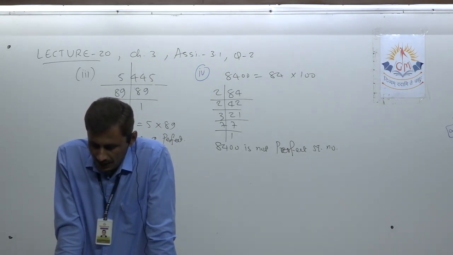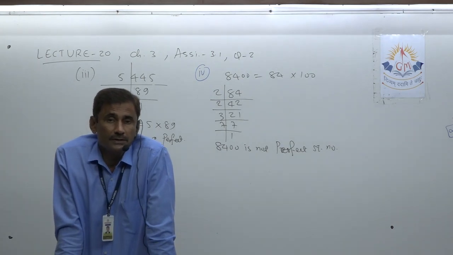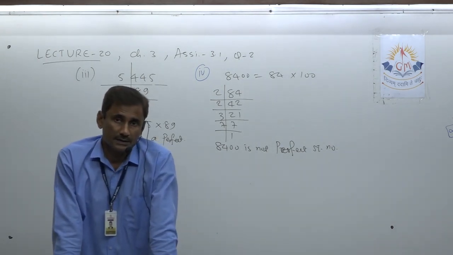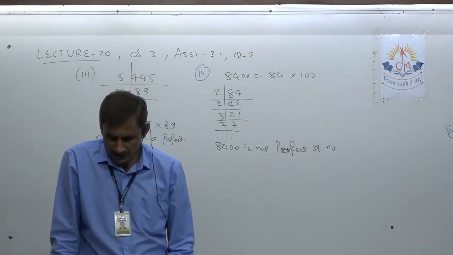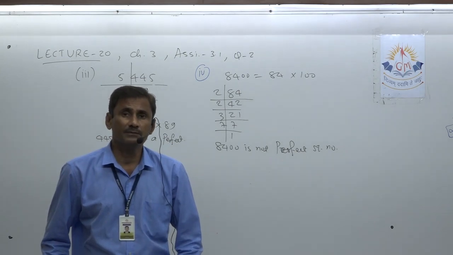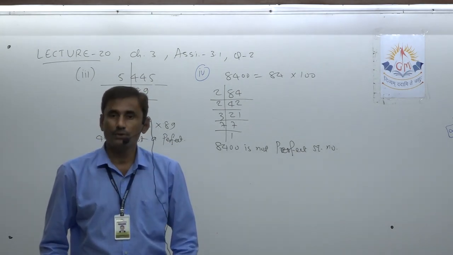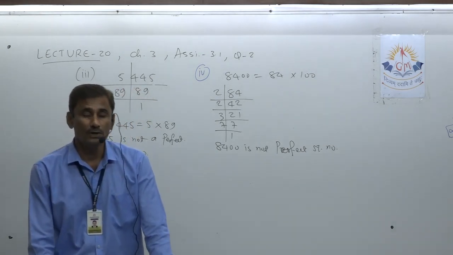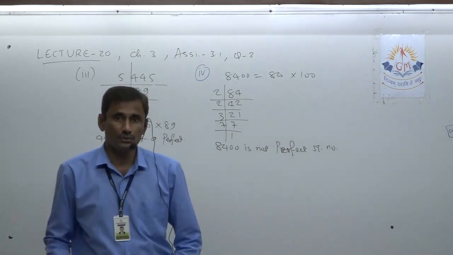Which of them are the squares of odd numbers? I told you today only that the square of an odd number will be odd only. Okay, so look here one by one. 36 is an even number, not odd, so it is not the square of an odd number. 49, yes, 49 itself is an odd number, so it is the square of an odd number, meaning its square root is also odd.